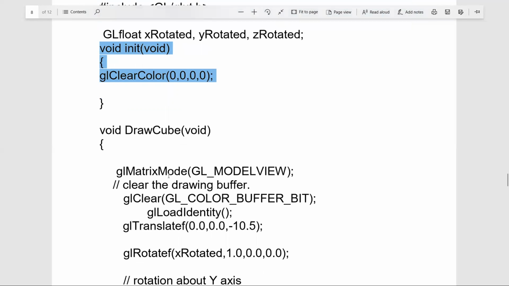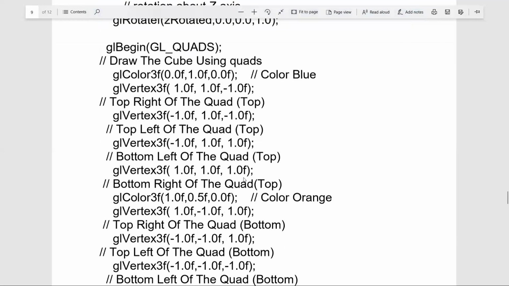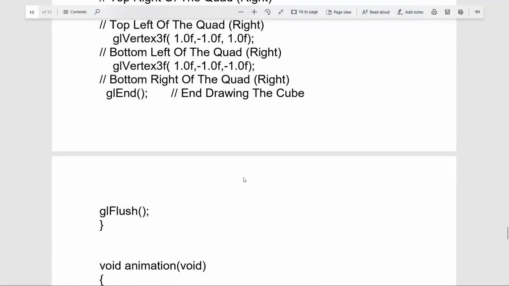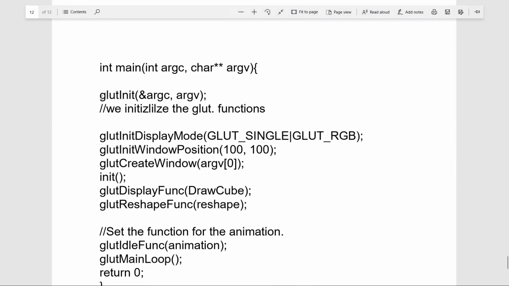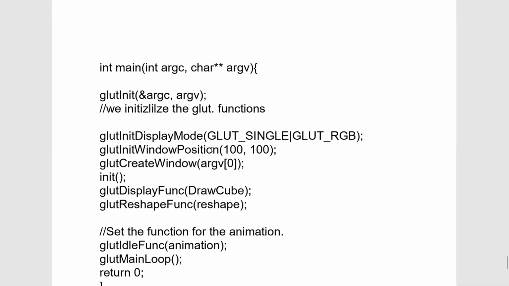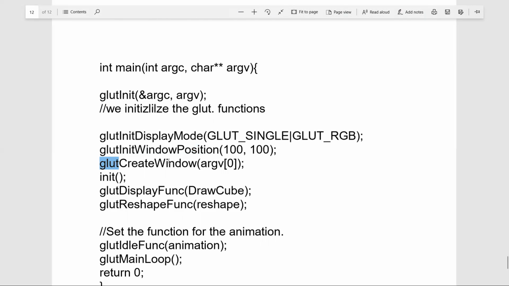So let us now go to the main function. As we have decided, the main function is the important function where we need to use glutInit, then glutInitDisplayMode, with positioning of the window, with creation of the window, and then displaying the window with the desired picture.